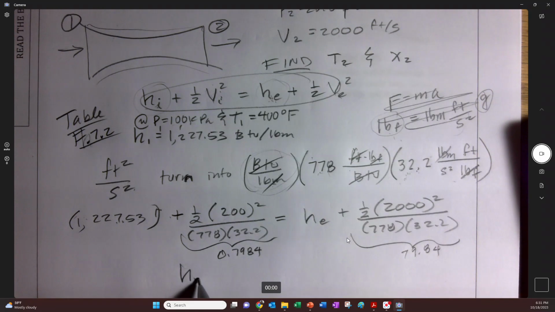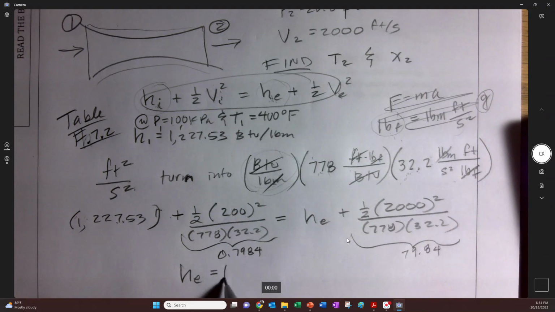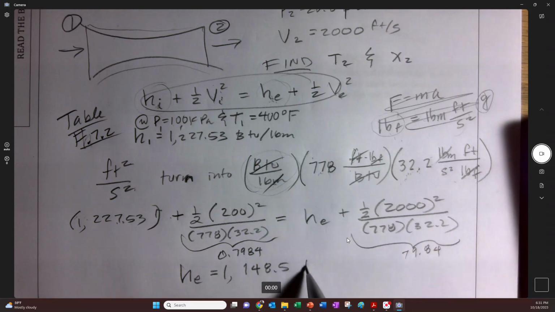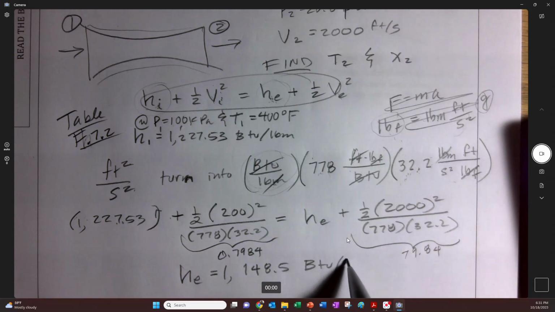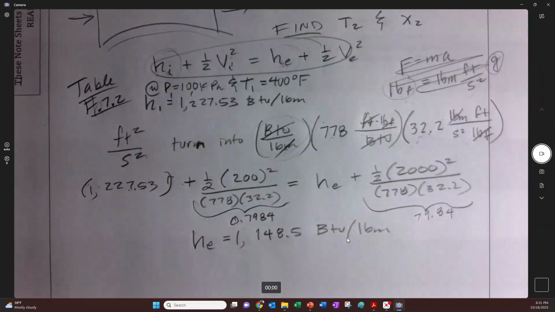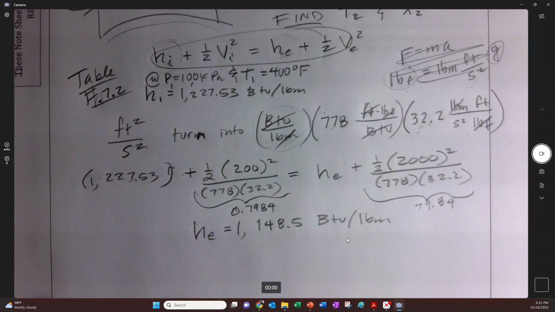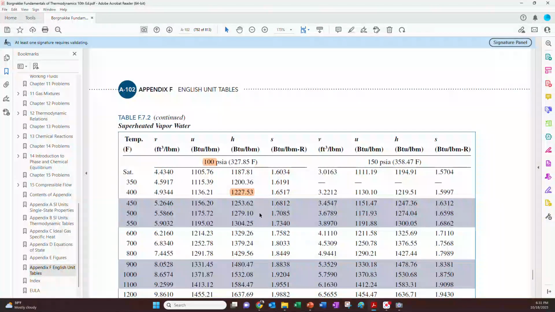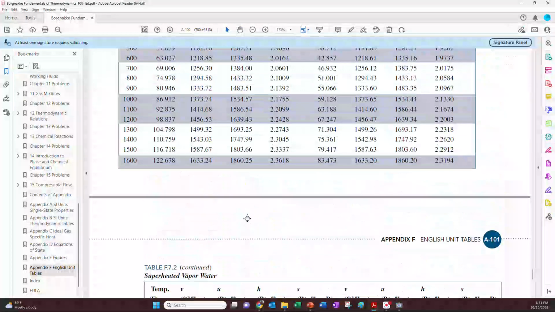What we end up finding is the exit enthalpy is 1,148.5 BTUs per pound mass. And the problem told us the exit was P2 at 20.8 pounds per square inch. So let's try to use the tables, but spoiler alert, it's going to be a lot easier with the